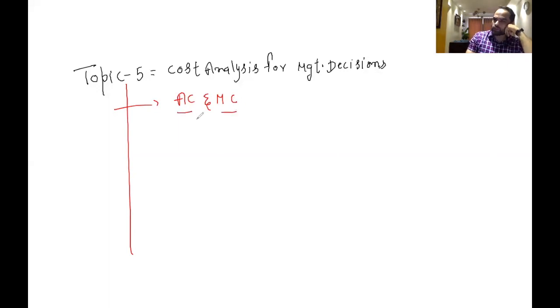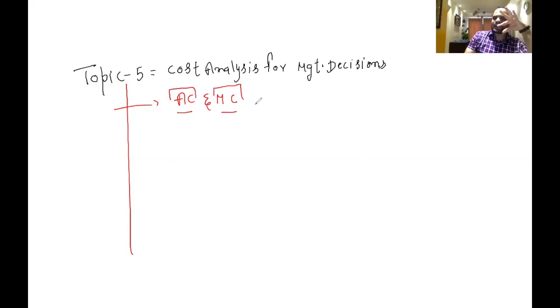For absorption costing, we also call it full costing. Another name for marginal costing is variable costing, because it focuses more on the variable cost, right? They believe that variable manufacturing cost contributes in production, and variable non-manufacturing cost contributes in revenue. As a result, sales minus variable cost is the contribution margin, and then minus fixed cost is net profit. This is the way of estimating using marginal costing, and here is absorption costing, right?